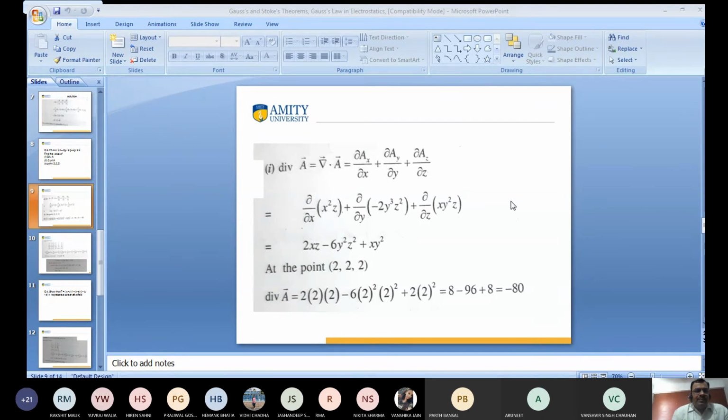Jasandeep, do you get the answer? Almost done, sir. Okay, good. Yuraj, what is the answer? Yuraj Walia? Vidhi, what is the answer? Sir, I'm doing. Okay, Nikita? Sir, solving. Yes, good. Rama? Neha Goyal, what is the answer? Sir, I'm doing. Good.